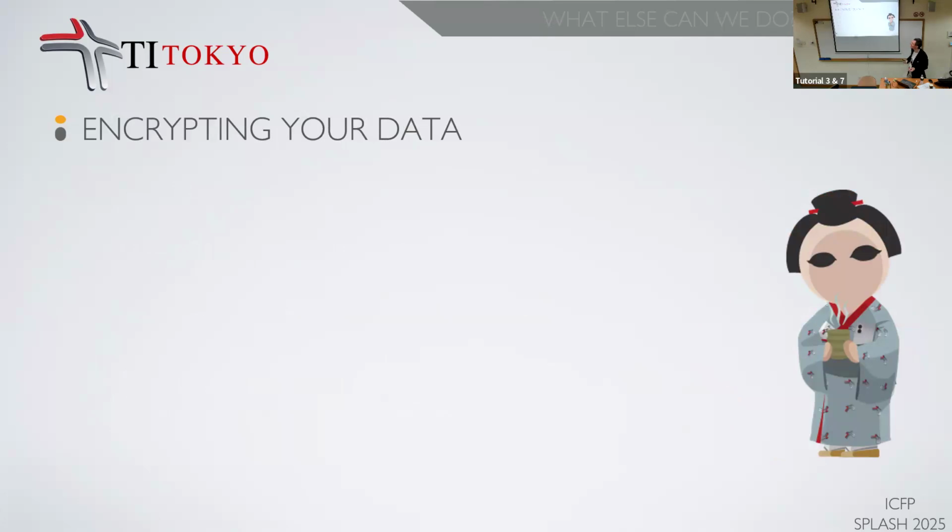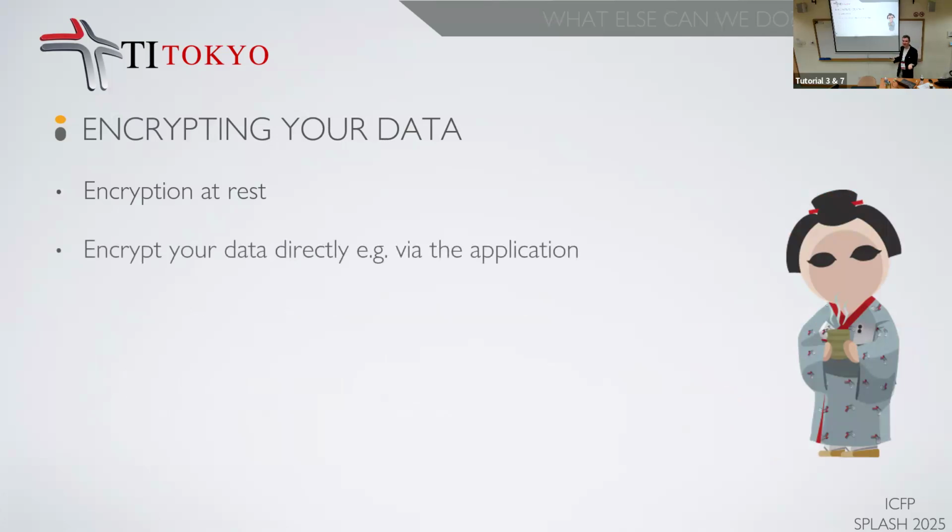And the last one, encrypting your data. Encryption at rest is the classic one people talk about. There are two ways to go about this. You can encrypt your data directly via the application. My application takes some data, encrypts it, and then stores it in OpenRiak in an encrypted form. The plus side is that it's more secure, because if somebody runs off with your OpenRiak server, even if they start it up, the data is still encrypted. And as the keys are in your application layer, they can't access your data. Huzzah! The problem with that is, if you're trying to do something like a range search, for example,